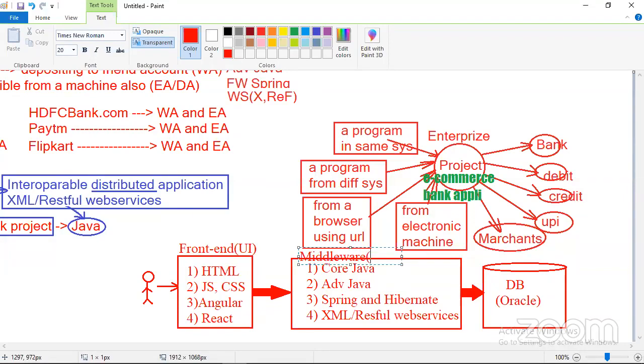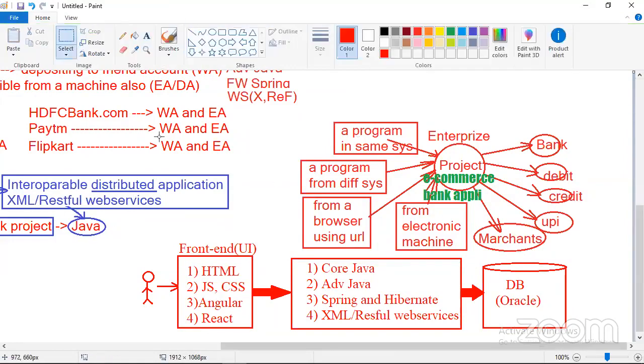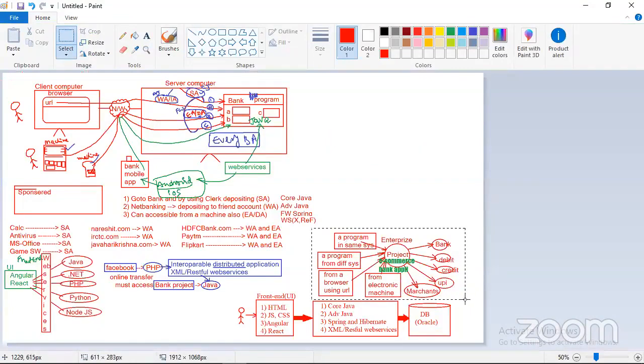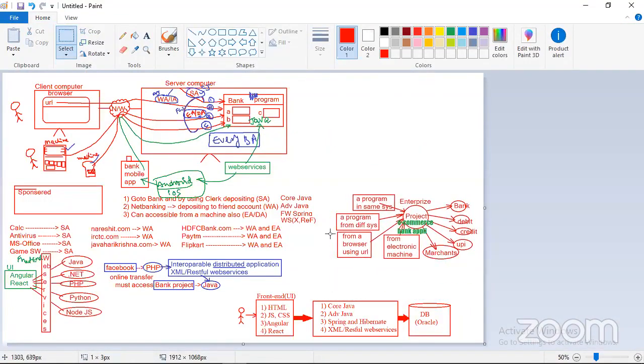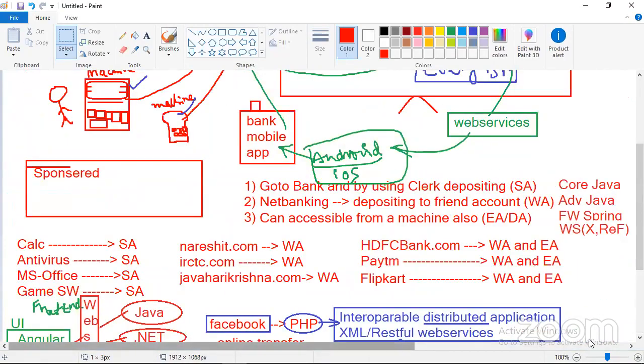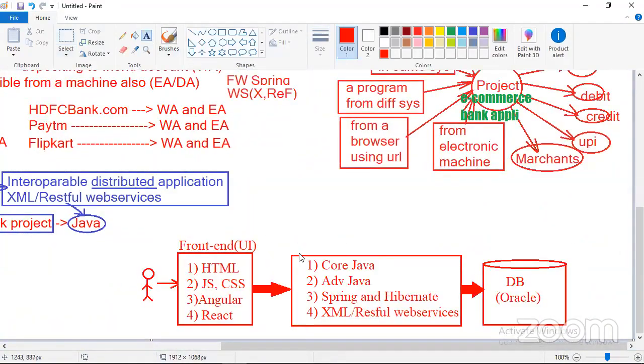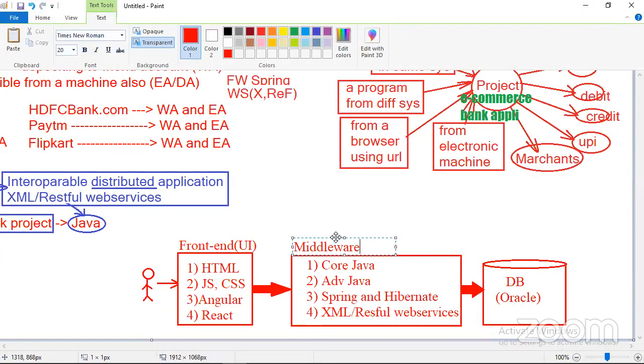Middleware means service, applications, interaction, integrations. Let it be just middleware, let us not introduce any additional words. We call it middleware. And then this is called the backend, the backend database. This is generally what people call it.